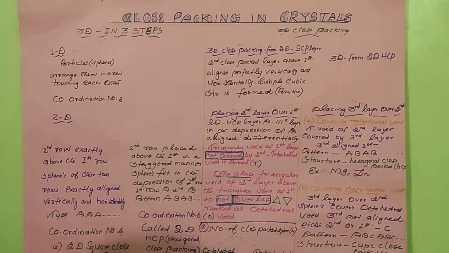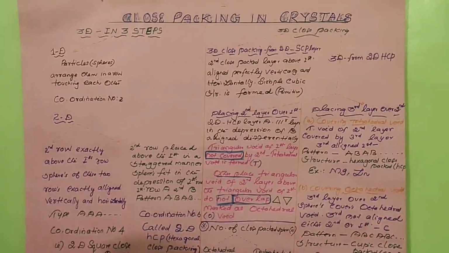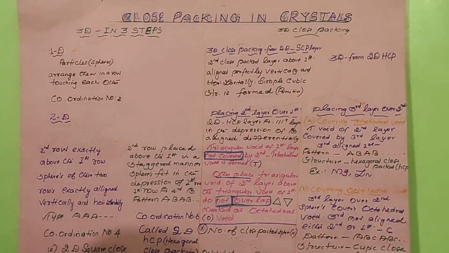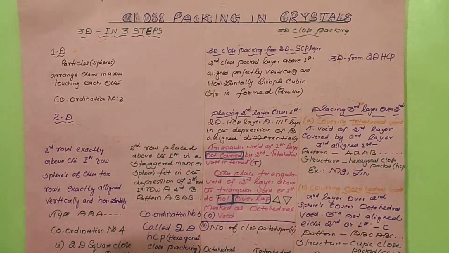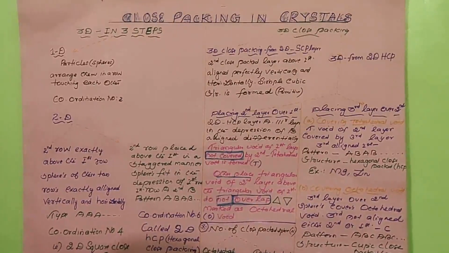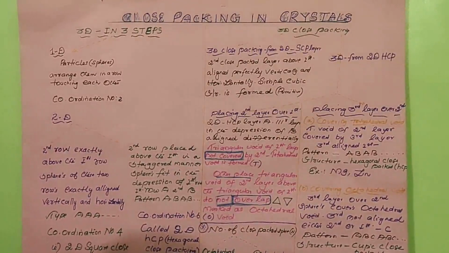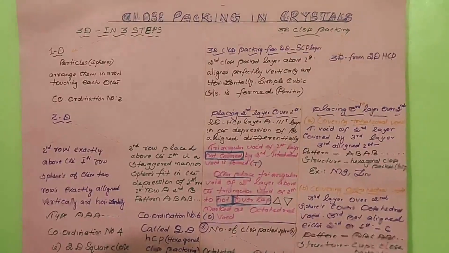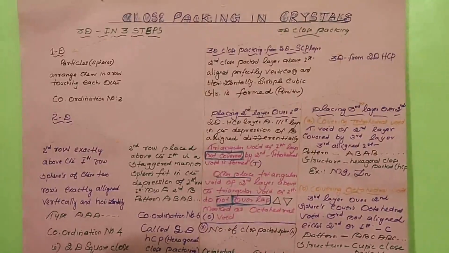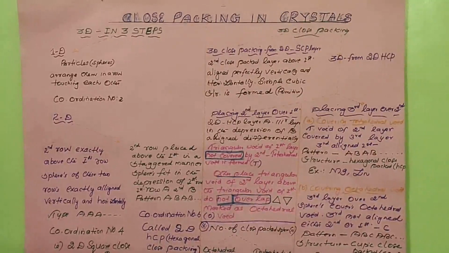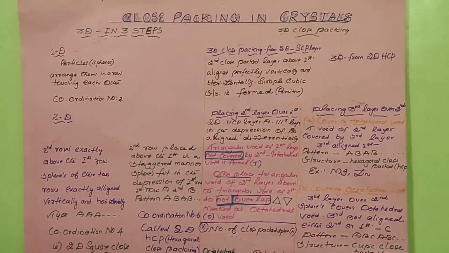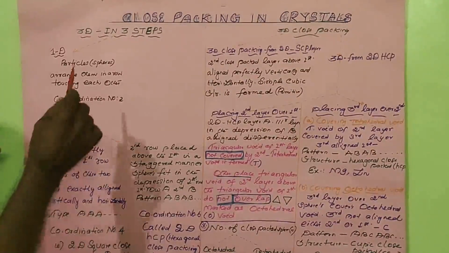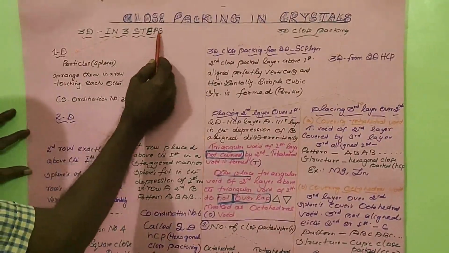Today I am going to explain close packing in crystals. Let us consider packing of fruits for display in fruit stalls. They are close packed like the packing of atoms, ions or molecules in a crystal, by treating them as hard spheres. Packing of a cubic crystal in 3 dimensions is done in 3 steps.